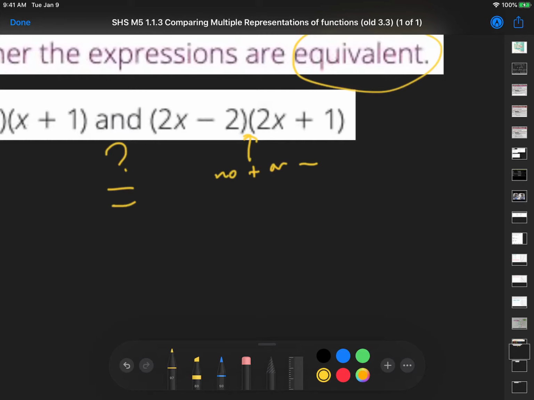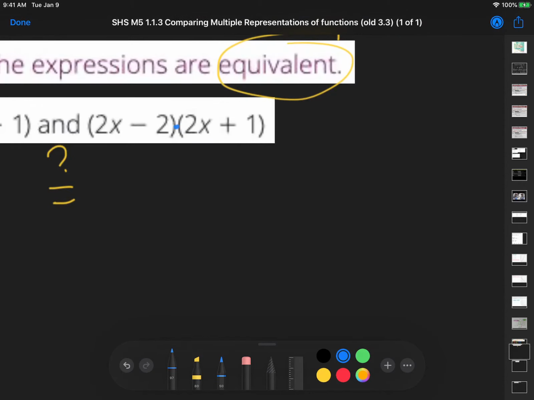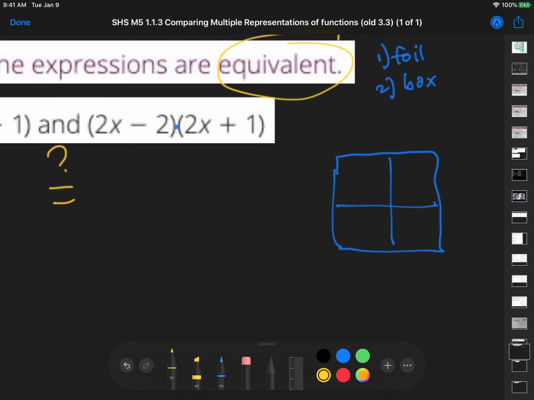Okay. So what we have to do here is this is multiplication. And if it's multiplication, your choices are FOIL. You may have learned that from another teacher: first, outside, inside, last. Or in my class, you're going to use the box. Let's use a box, okay? Question, why am I drawing this box? The reason I'm drawing this box is because you have a binomial,